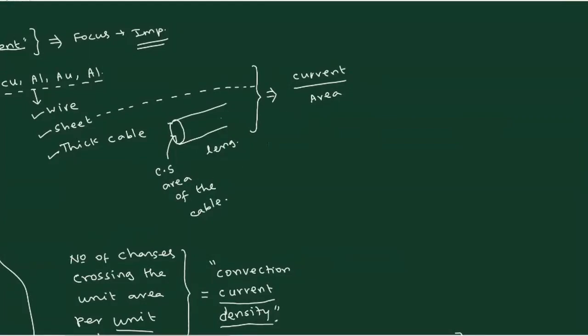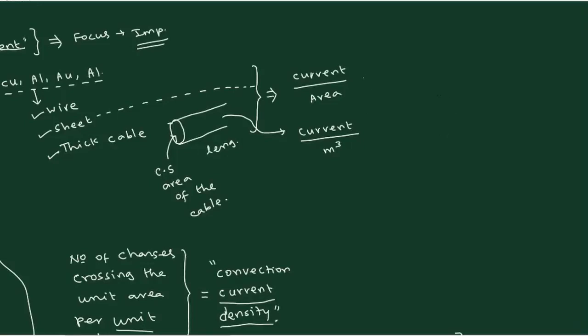And for the case of the cable, you can ask the question: how much current is flowing per meter cube, that means in the volume of the cable? You can't ask about the area. So it is very clear that the definition of current alone is not very useful, but instead we need information about current divided by area or current divided by meter cube. This is very important in practical calculations.